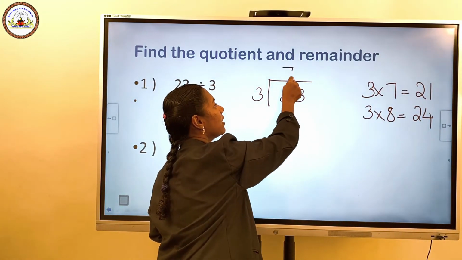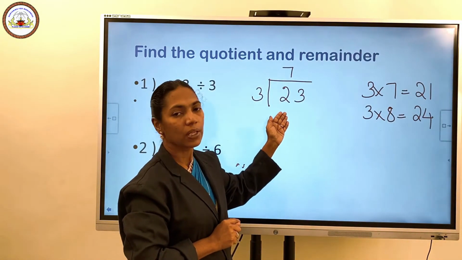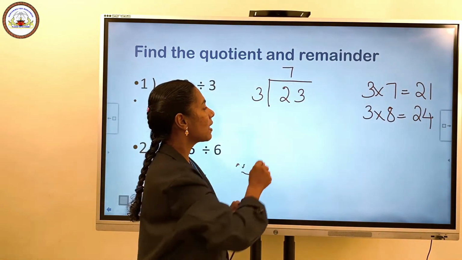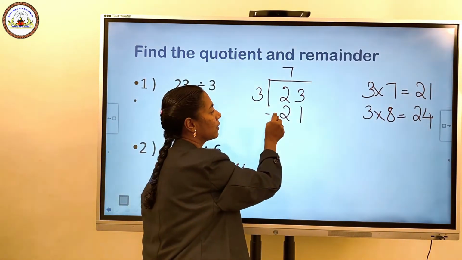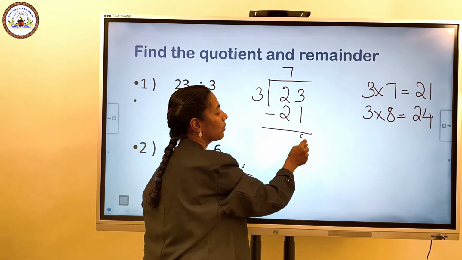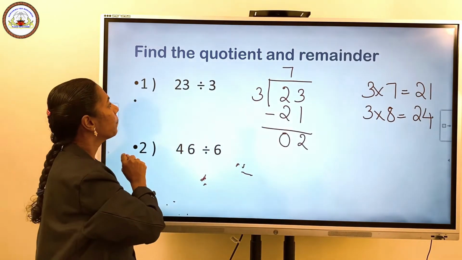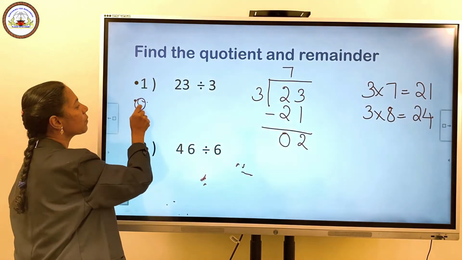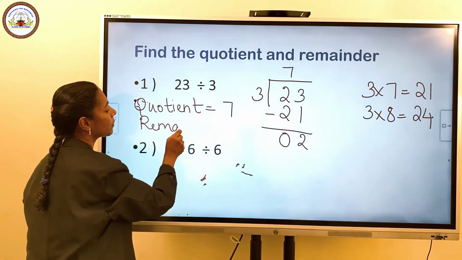Now write 7 in quotient's place and write the answer below this 23. Now 3 7s are 21. Now subtract: 3 minus 1, 2. 2 minus 2, 0. Here quotient is equal to 7 and remainder is equal to